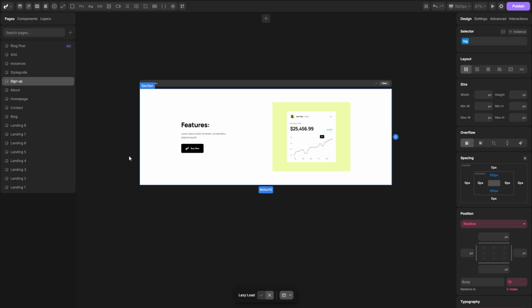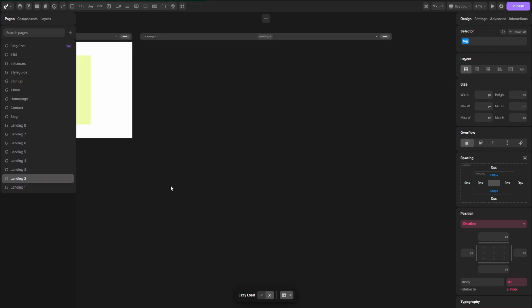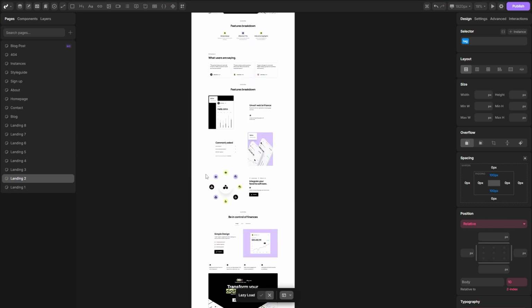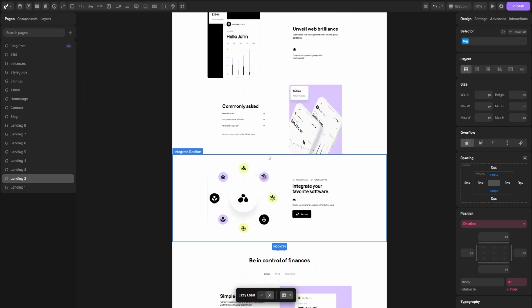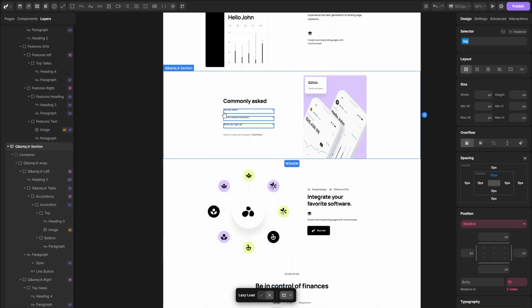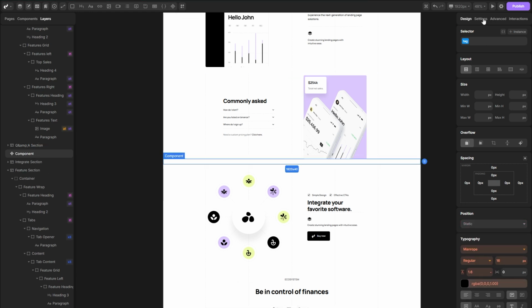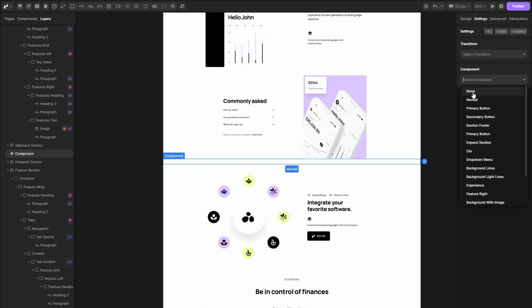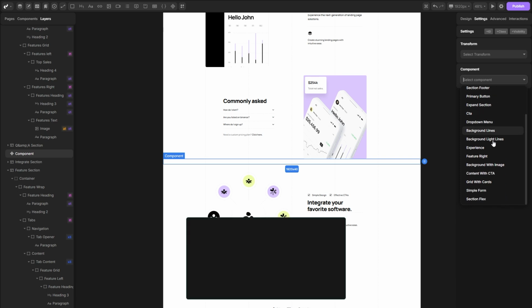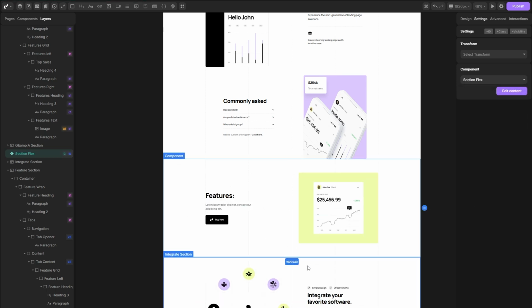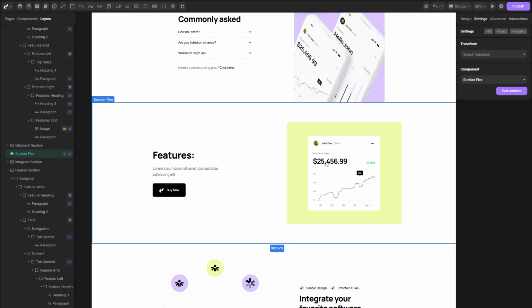So let's switch to the pages here and let's open, for example, a blending tool. It doesn't really matter. And here, below this section, we can add a component tag, and we can call the component that we've just created. It's called section flex. Here it is. And as you can see, here are our default sections, which are our default components, which we set up inside our